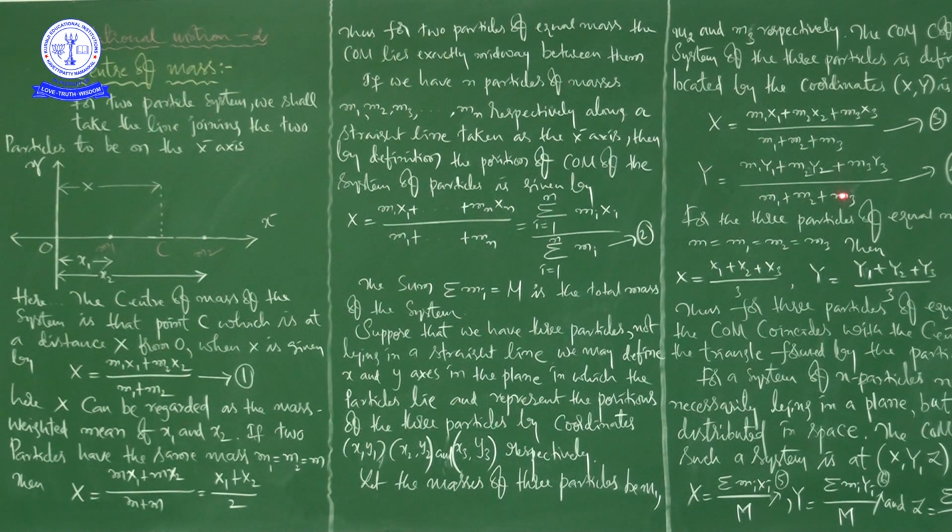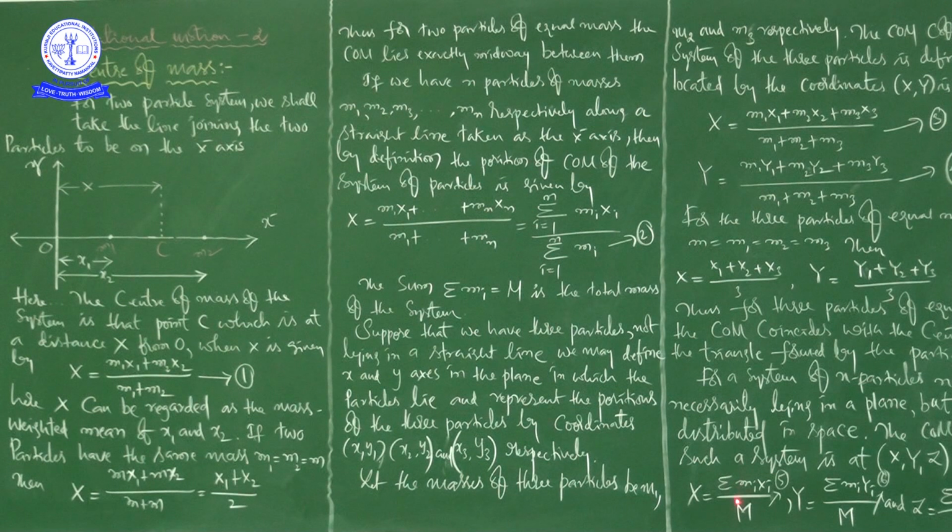So when we generalize this to a system of n particles, not necessarily lying in a plane but distributed in space, that is what space means, the z coordinate will come into the picture. So when the particles are not in a plane but distributed in space, then for the center of mass of such a system, what about the coordinates? It is like this, just what I told you now. This one I am assuming as equation 5, this one as equation 6, and this one as equation 7.